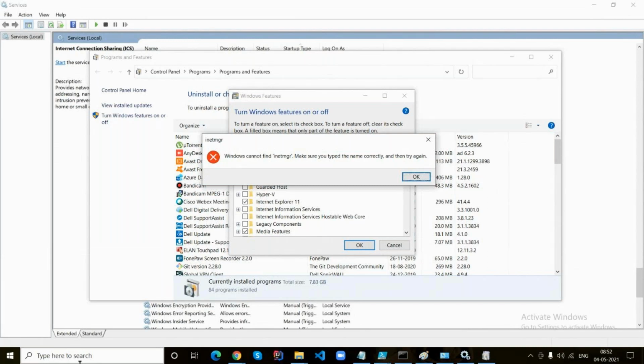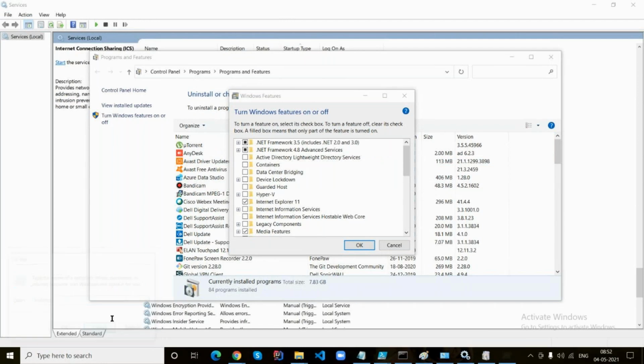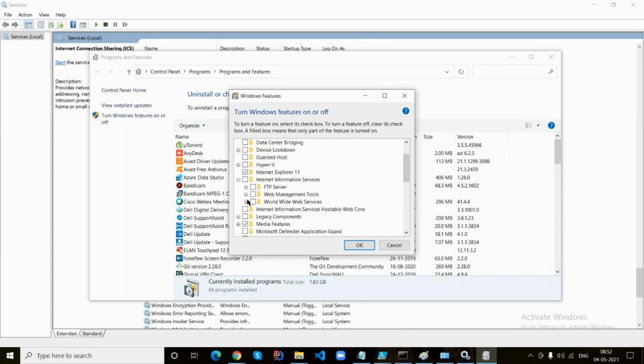To enable that, we need to go to the programs wizard, which is the shortcut for appwiz.cpl, and then go to turn Windows features on or off. Now select the Internet Information Services, please.